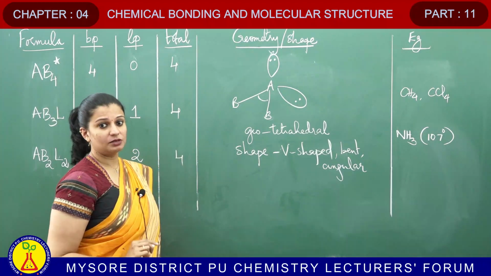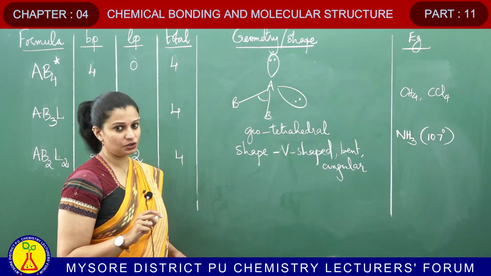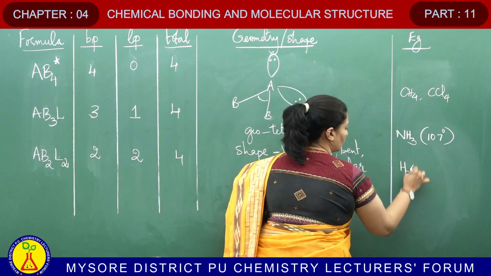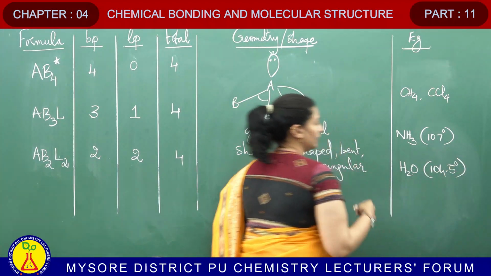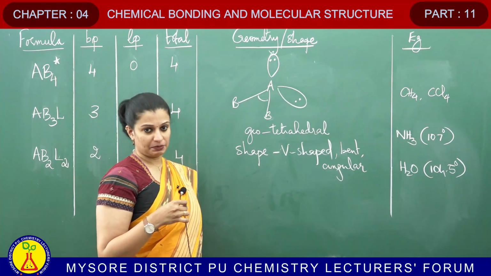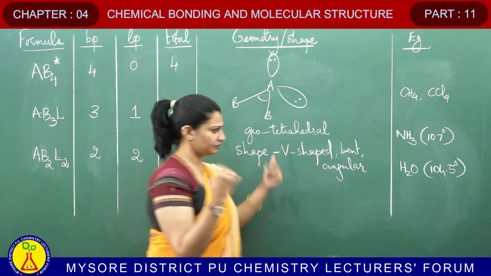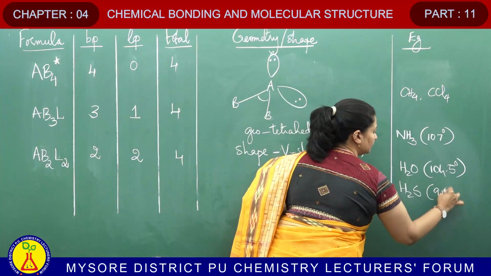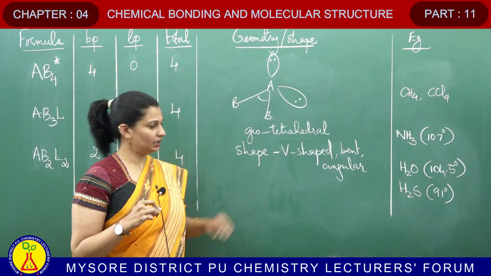And again, the bond angle will be even lesser because now there is lone pair repulsion also to worry about. And the example that I would quote for this is H2O. And in H2O, the bond angle is 104.5 degrees. So, it is decreased even further because of lone pair repulsion. I do not mean that all the bent molecules have the same bond angle. Like for example, another thing I can quote, H2S. H2S is having a bond angle of 91 degrees. So, both are having bent shape, does not mean they have the same bond angle. Okay. So, this is